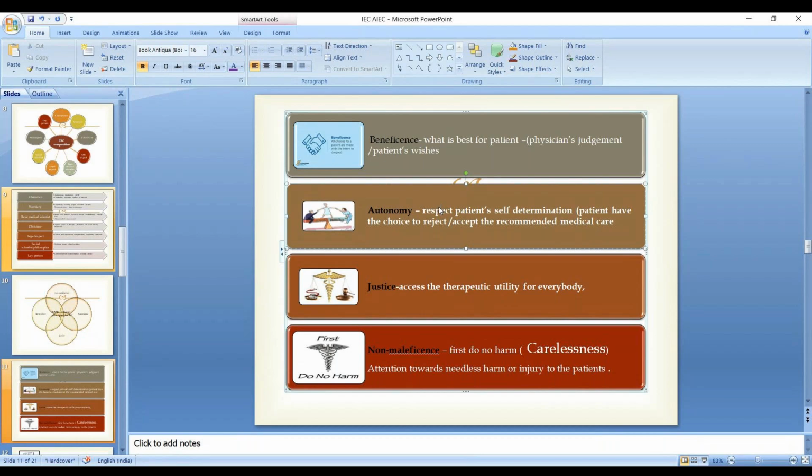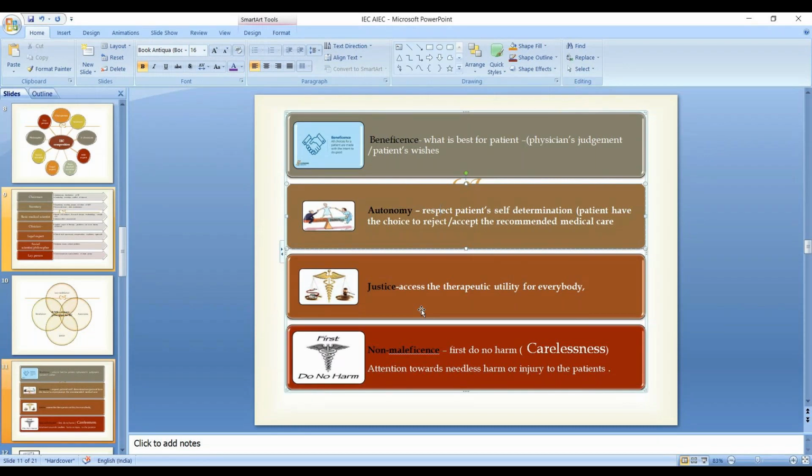Then justice. This is the third basic principle the ICMR is giving. So whatever therapeutic utility, it should be new treatment modalities for whatever your research study. It should have utility for everybody. मतलब that particular group, जैसे हम case control ले रहे हैं, मतलब it is for the females having low hemoglobin, anemic females ले रहे हैं, but it should have a similar effect on everybody.